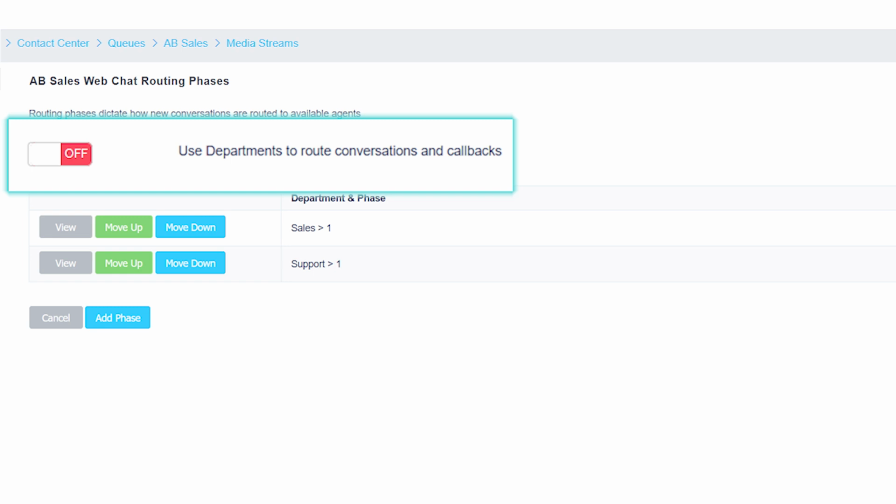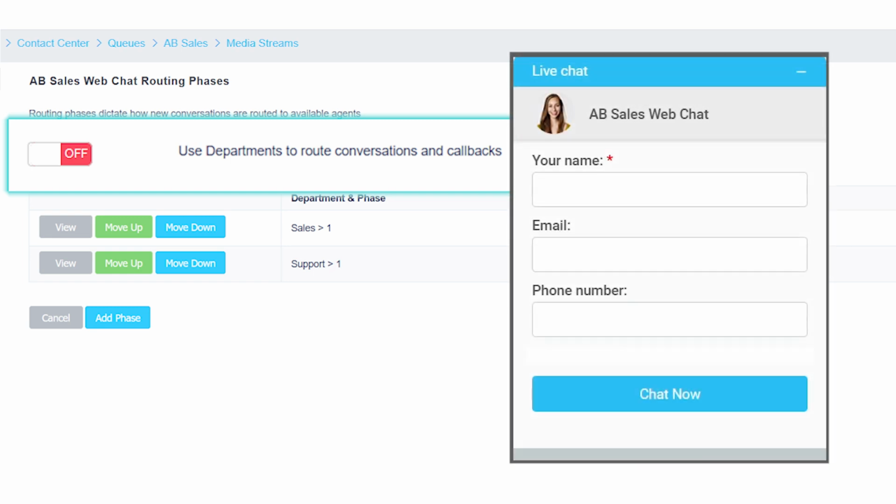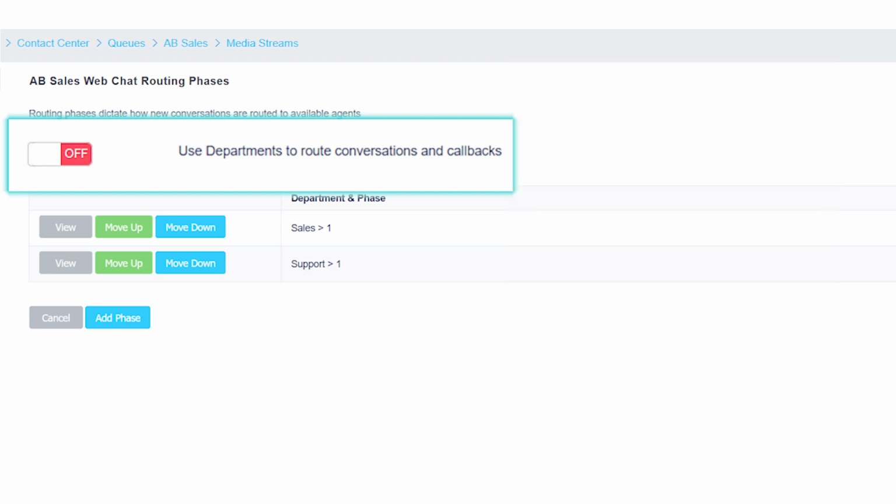To demonstrate this, we will first leave this option set to off. As a result, when we initiate a web chat, we can see that there is no option to choose a department. However, once we enable this option,